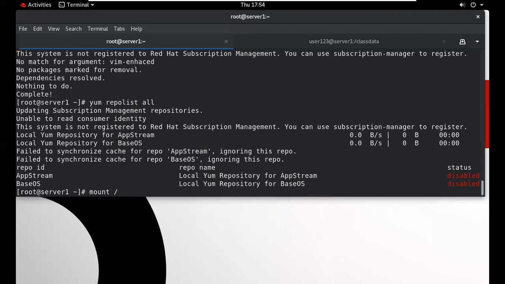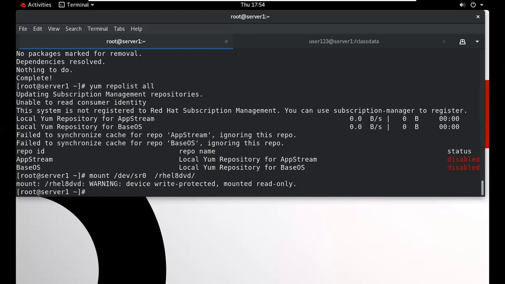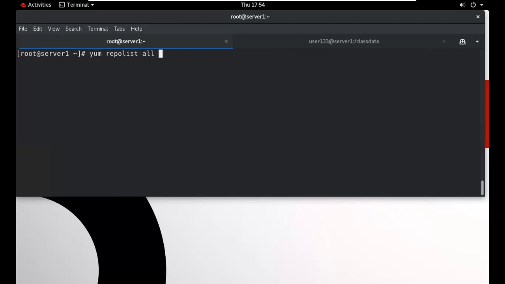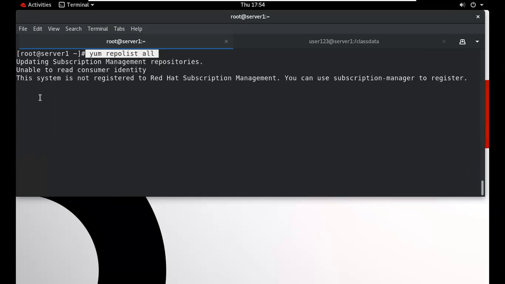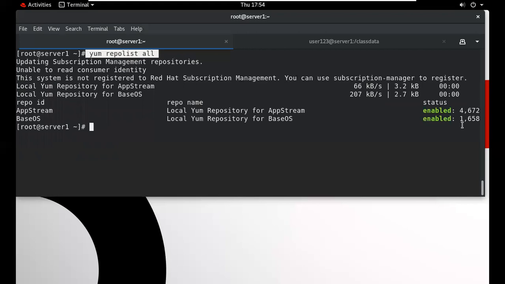This is my CD-ROM location. I want to mount this in this particular folder, so your repo command will work. Now we will check whether the repo is working or not. It displays enabled, so it is working. So we can remove this particular package.